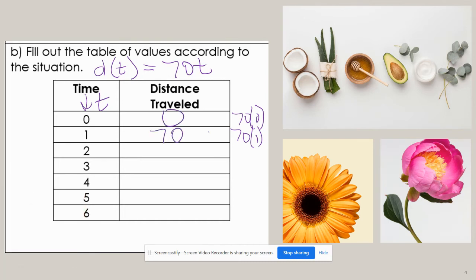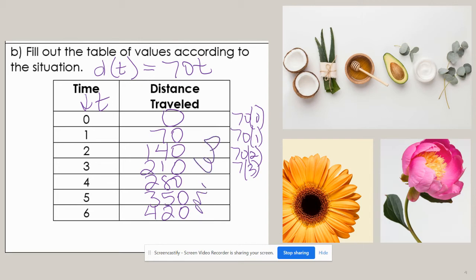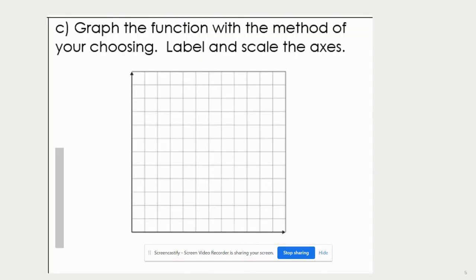70 times 1 is 70. 70 times 2 is 140. 70 times 3 is 210. Times 4 is 280. Times 5 is 350. And times 6 is 420. And remember, all of this is miles. Now, if we graph that,